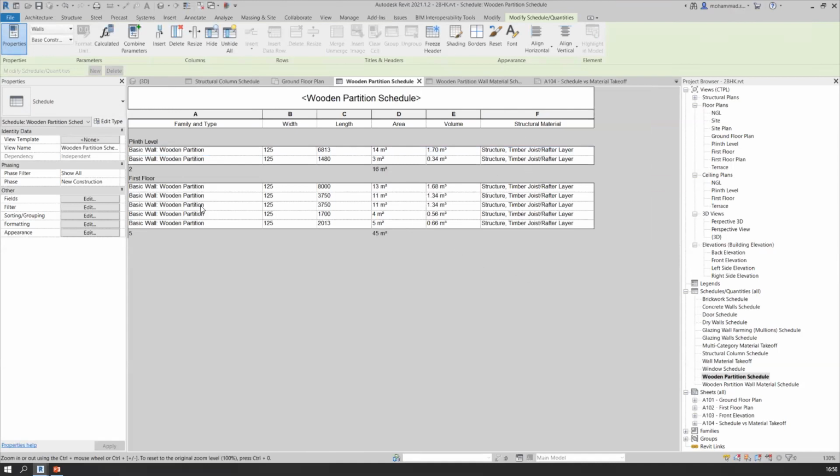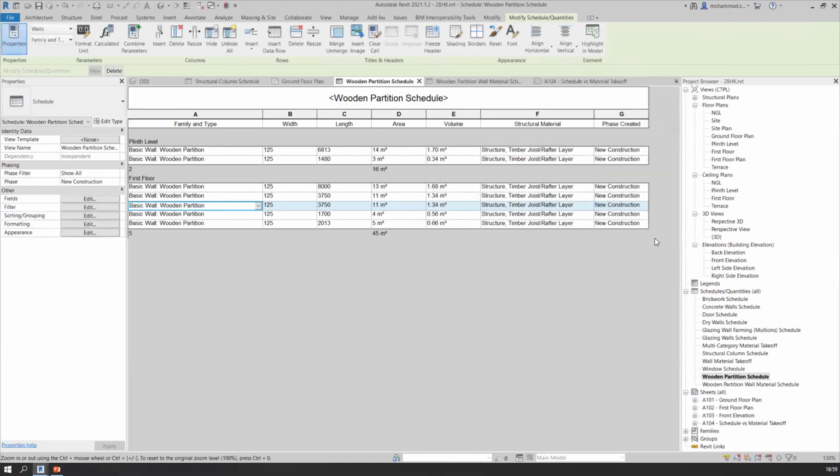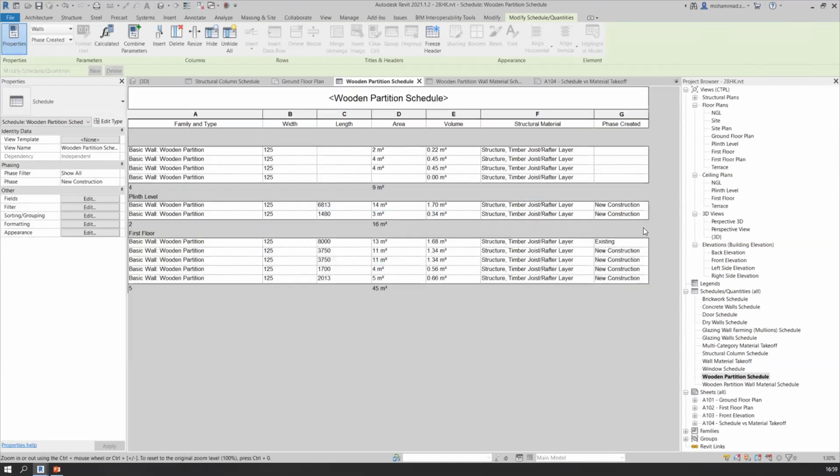Now, floor wise, for example, of these 5 walls, 2 of the walls were created in some other phase. You can simply add a field called phase created parameter. And once this parameter is added, you can choose another phase. For example, 2 of these walls are created in some other phase. I'll change their phase to another one, and those walls are now switching. For example, I'm changing their phases now, and you can see the changes in my schedule as well.